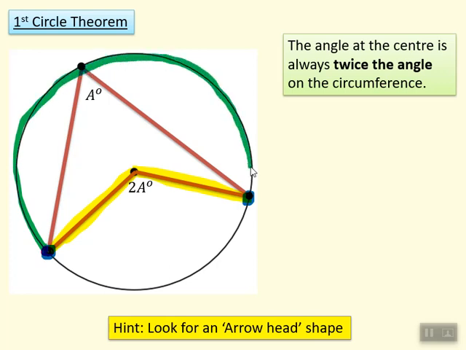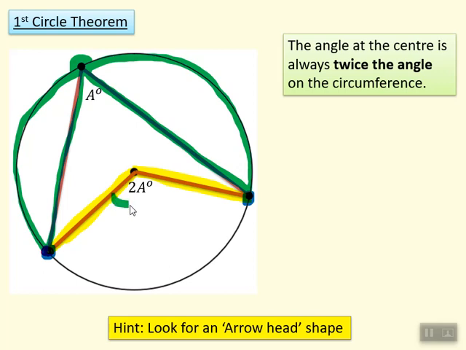So this is kind of like the major arc. Here, these two blue points are fixed, and the radiuses are joining them up. If you pick a point anywhere on the circumference, like I've done here, and you join it to those two positions,